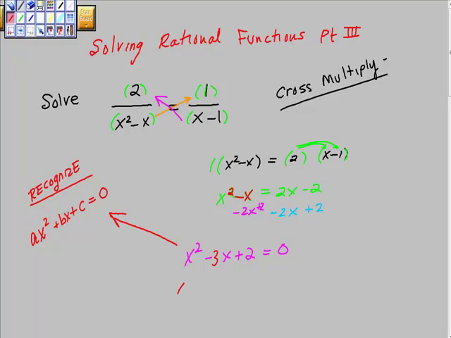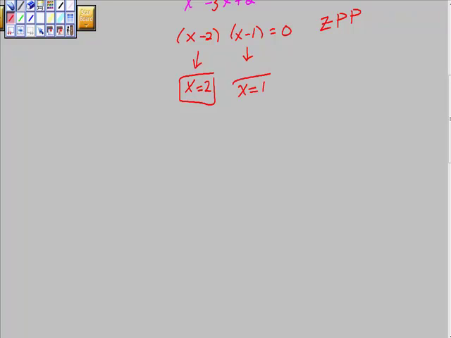And we factor it to x, what is it? X minus 2 times x minus 1 equals 0. We're going to use this thing called the zero product property, aren't we? And using the zero product property, we're just going to do a little bit more work here. Why does that always happen? It drives me nuts. So we're going to solve. When is x minus 2 equal to 0? When x is equal to 2, so that's one solution. And when is x minus 1 equal to 0? Well, of course, when x is equal to 1. So there are our two